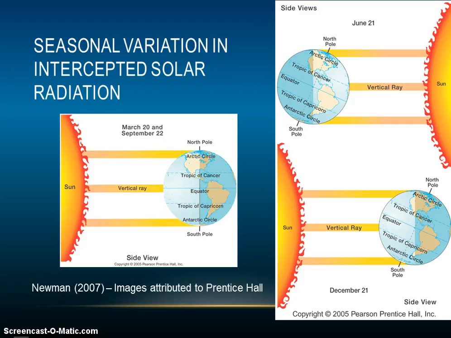The seasonality of solar radiation, temperature, and day length increases with latitude. For example, at the Arctic and Antarctic circles, which are at 66.5 degrees north and south latitudes respectively, day length varies from 0 to 24 hours over the course of the year. This variation in exposure of different latitudes to solar radiation controls mean annual temperature around the globe.